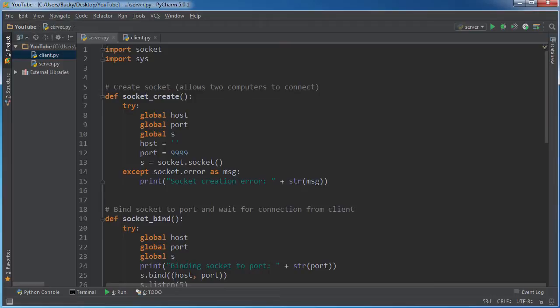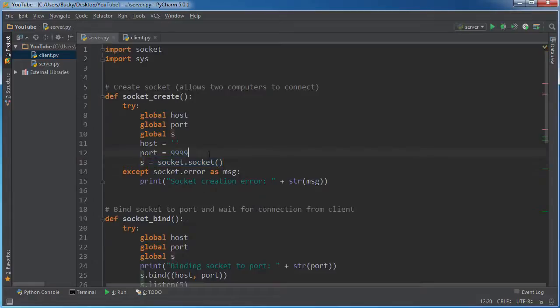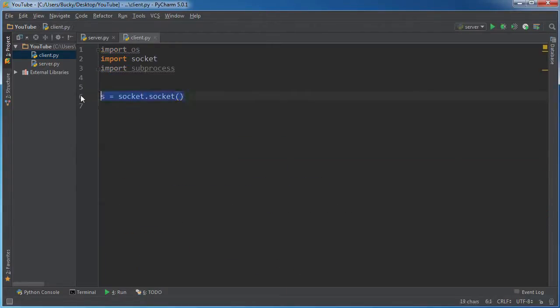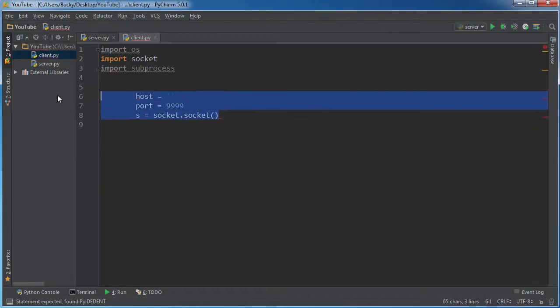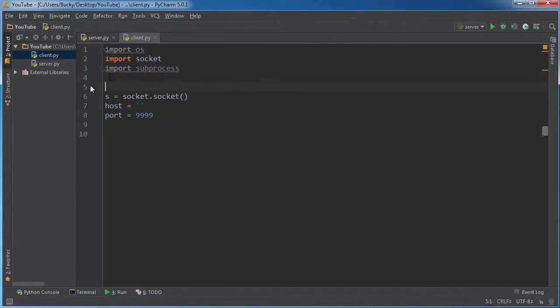All right, so just like before, I can actually probably copy some of this. Actually, let me copy all of this. So we pretty much connect to it just like we set it up on the server. It needs a host, and let me move this. Might be a little bit easier to see, understand this way. All right. So there's our socket. Hey, this computer can connect with other computers. The host is